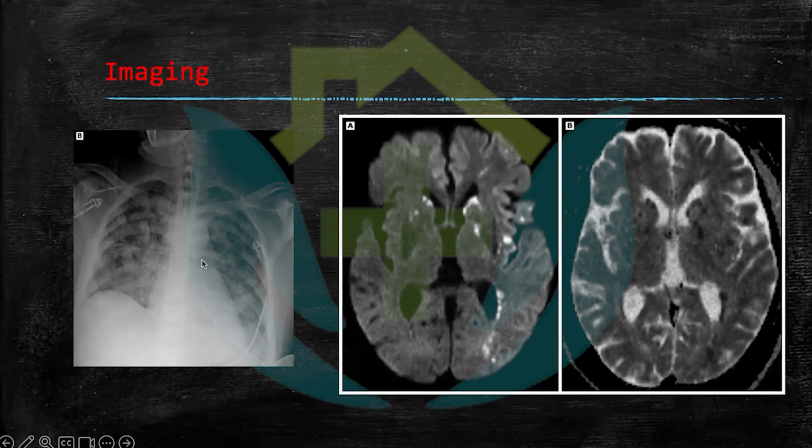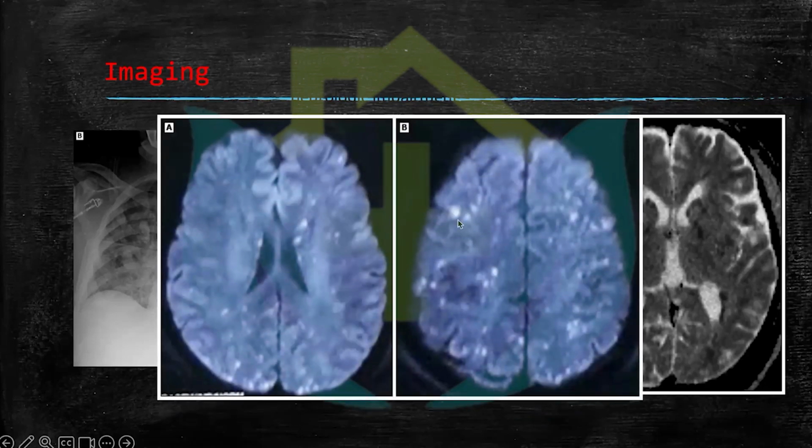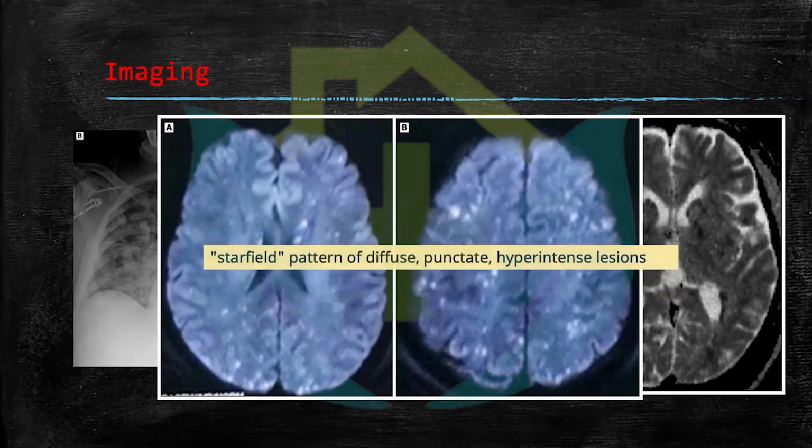So this is the chest X-ray showing bilateral diffuse patchy opacities which is seen in fat embolism, and this is an MRI of the brain showing T1 and T2 phases, multiple small hyperintense lesions around the ventricle, along with the third ventricle, the corpus callosum, and some of the subcortical structures as well as the posterior horn of the lateral ventricle. So this is known as the star field appearance or the starry sky appearance on MRI, which is classical of cerebral fat embolism syndrome.